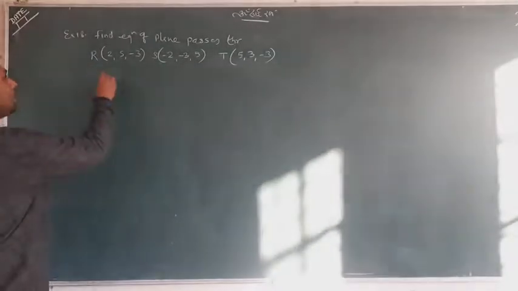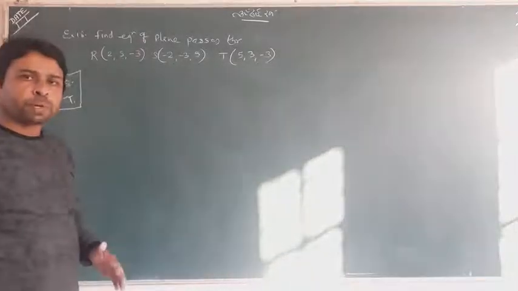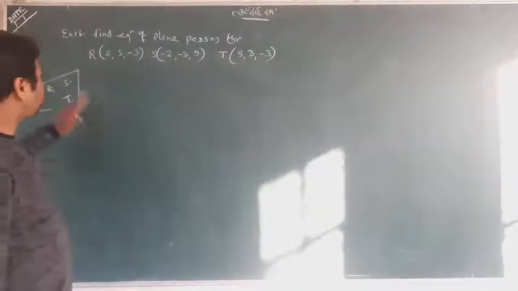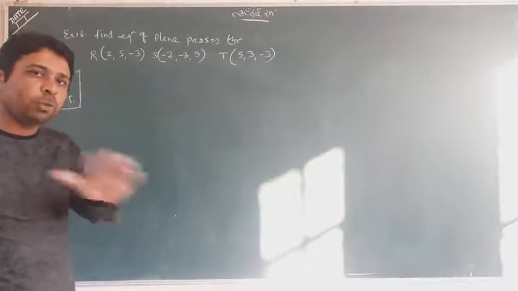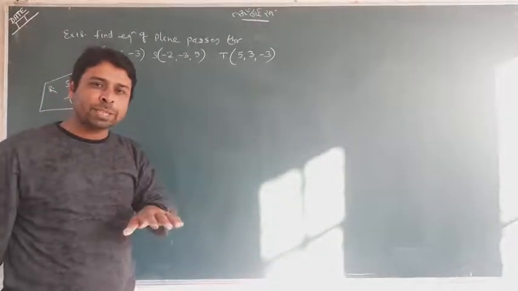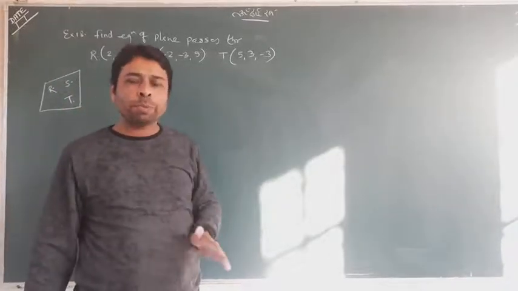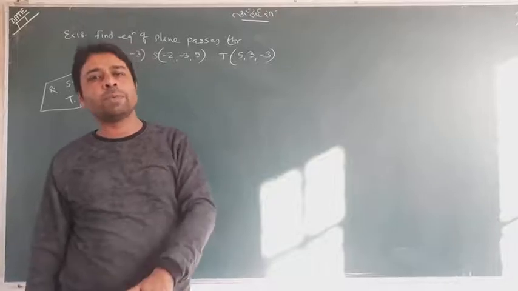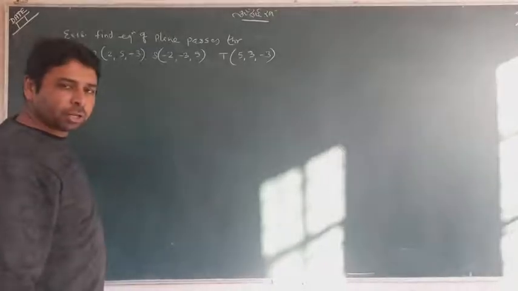So let's look at one thing. I tell you by picture. The picture is not necessary, still I am marking R this point, S this point, T this point. So what should you do? First, think that your plane is passing through only one point, R. Take one point, and you know the one point form. Recently I made you write it here. When the plane passes through x1, y1, z1, the equation is a(x minus x1) plus b(y minus y1) plus c(z minus z1) equal to 0. So use the same. When your plane is passing through one point R, you can use this formula.